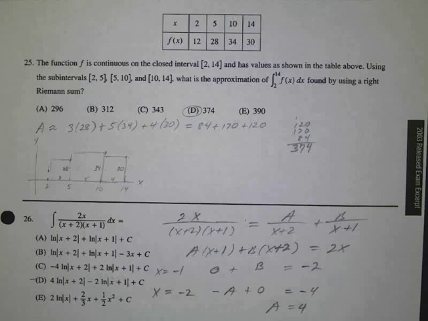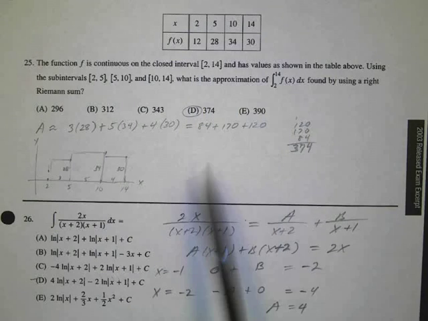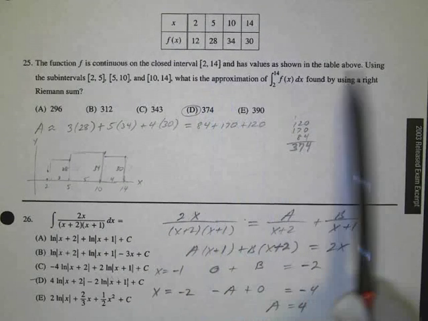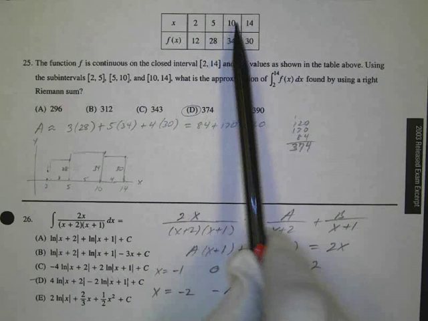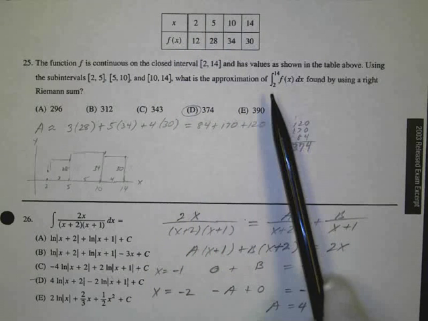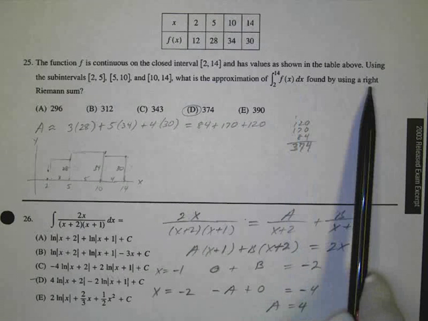Okay, some more of the 2003 BC multiple choice test. And here we have number 25. The function f is continuous on the closed interval 2 to 14, and has values shown in the table, using subintervals 2 to 5, 5 to 10, 10 to 14. What is the approximation of the integral from 2 to 14 of f of x found by using a right